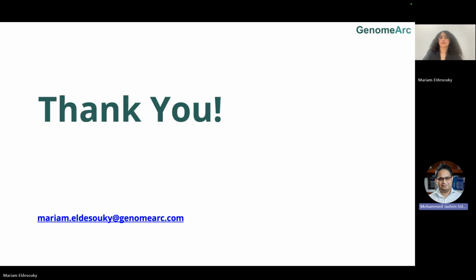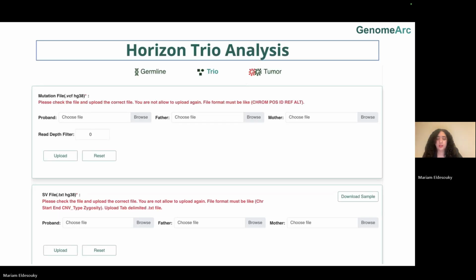So the next question is, can you use custom workflow and add, let's say, custom population databases with frequencies so you can filter out population specific variants or common variants in that population? Does GenomeArc Horizon platform allow that? Yes,